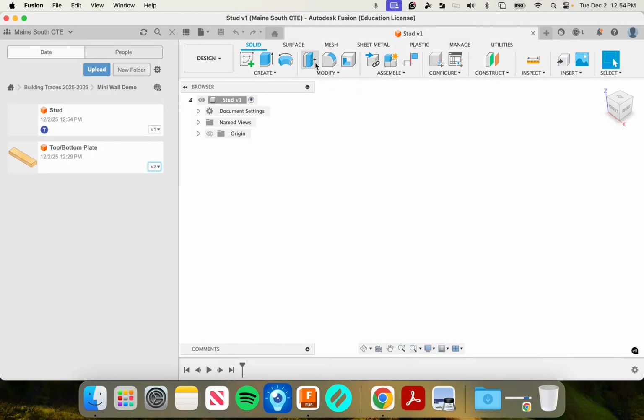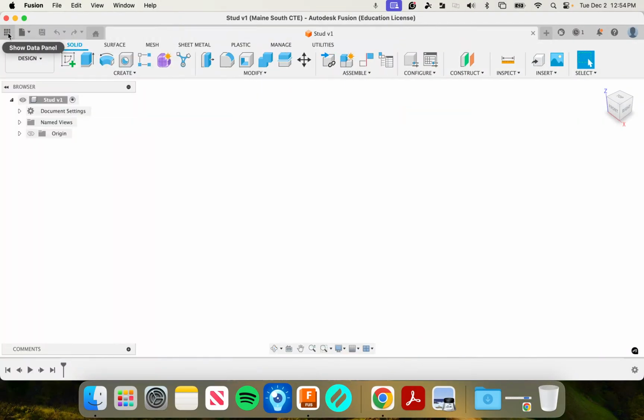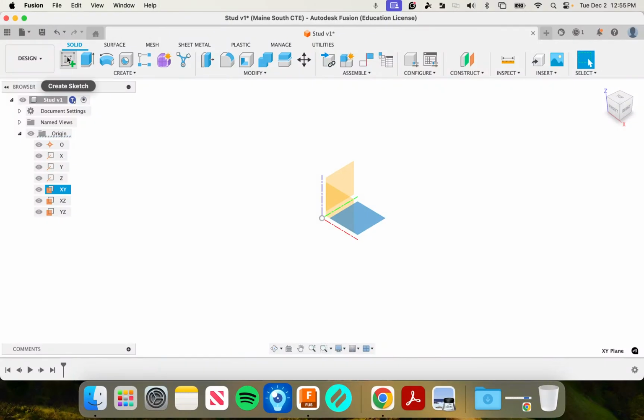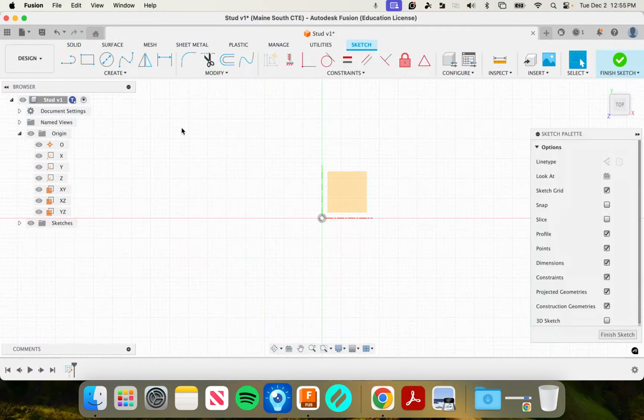Okay, next item we're going to do is I'm going to close down my data panel, and I'm going to turn on the origin point. As we've talked about in previous videos, I would recommend modeling typically in the top plane. So that would be our XY plane. So again, if I highlight the XY plane right there, that's typically where I like to draw. There may be reasons to not do that, but I'm going to select that plane and create a sketch, or I create sketch and select a plane. Either way, I should end up hopefully working in the top view in my view cube,